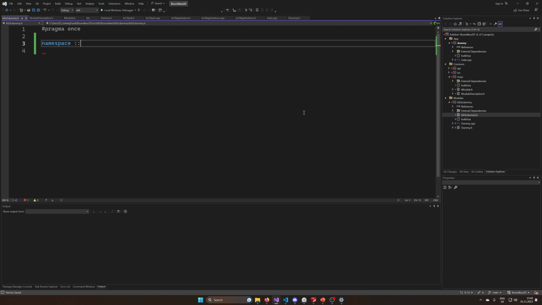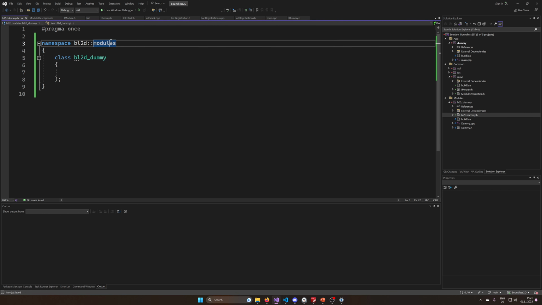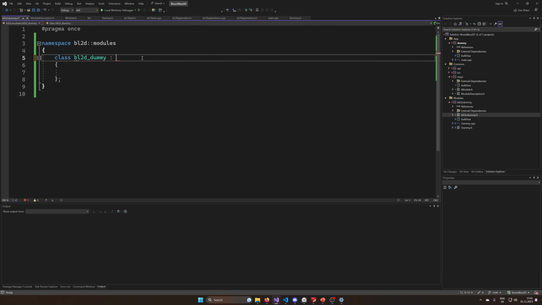So namespace, I do want to put this in the global namespace. No, I don't want it. I want to put this into bl2d modules. Inside of bl2d modules, this is the class where everything shall be in here. And now I basically want to have a bl2d underscore dummy. Because the class name can't hold a dot, this doesn't work, so I want to have an underscore. Maybe we should already have the underscore in the file name. No, I don't like it. I want to have the name as is in the header, and the class is replaced with underscores. So module bl2d dummy, and this is a public